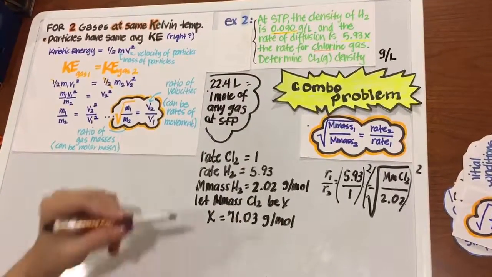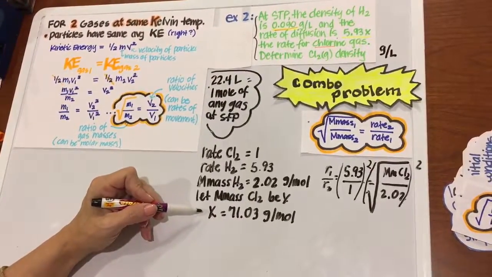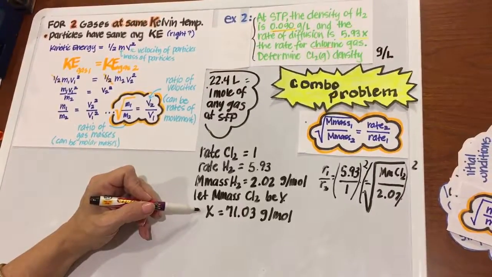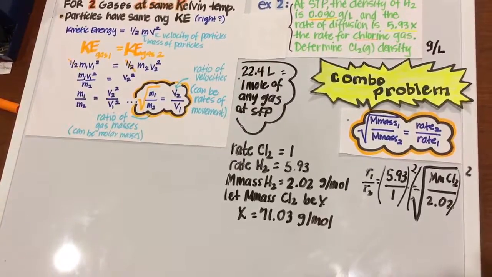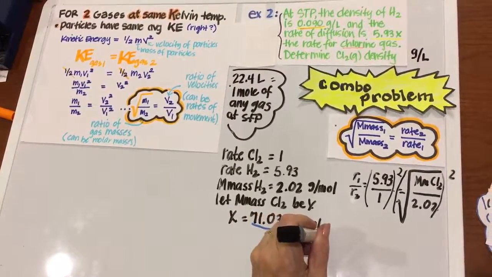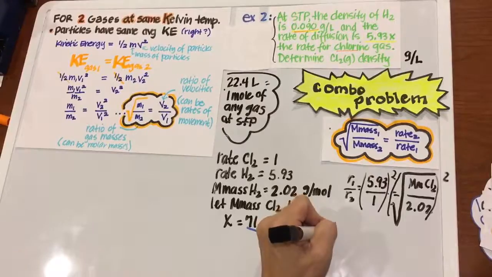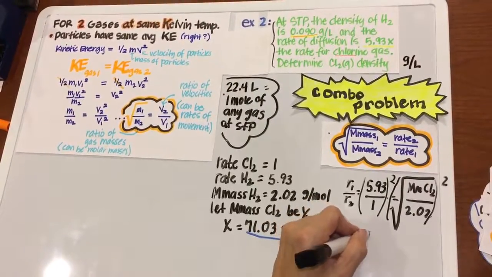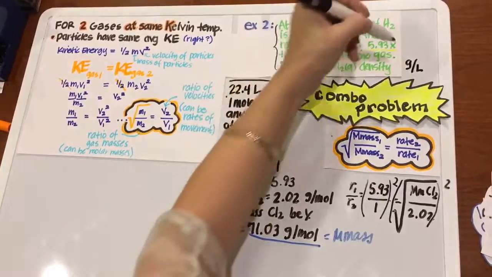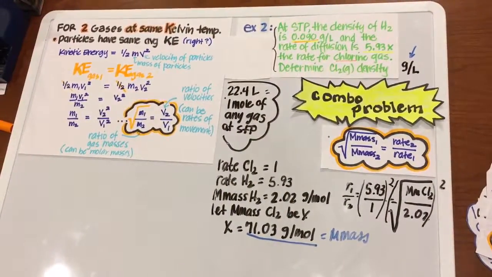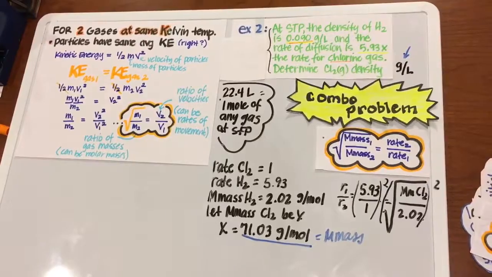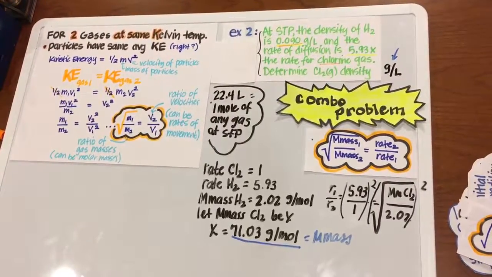That makes me feel pretty good because that's about double what Cl is on the periodic table. Am I finished? Does this answer the problem? This is molar mass. This is a combo problem, and I'm trying to get to grams per liter, density. So let me take this 71.03 grams per mole